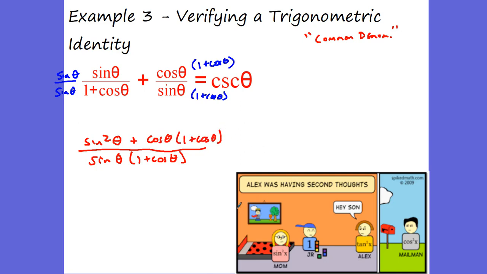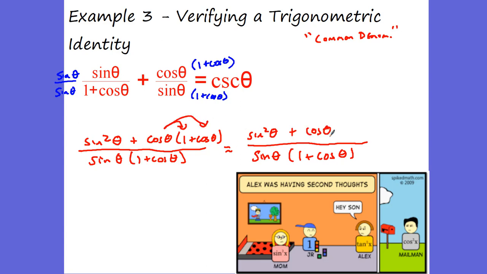Okay. Now, a little suggestion I'd like to make is don't distribute on the denominator. Just keep the denominator the way it was. So we have sine of theta times 1 plus cosine of theta. Just keep the denominator, and you'll see why this always happens. So now we have sine squared of theta, and let's distribute this cosine to everyone in here, which means I'm